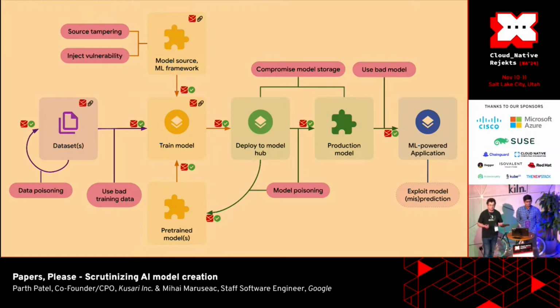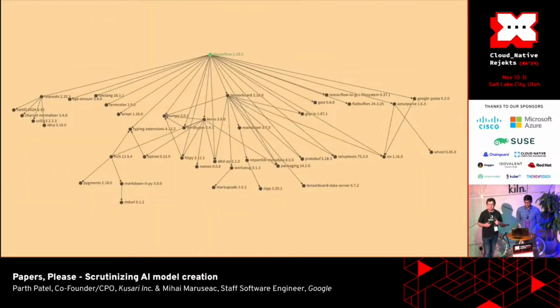So thinking of dependencies, let's first think on how the traditional supply chain world works with dependencies. Let's look, for example, at the dependency tree for TensorFlow. When you do pip install TensorFlow, all of these packages are going to be installed into your system. And when you look at the graph, we see that TensorFlow has a bunch of direct dependencies as the first layer, and then each one of them has a few of them.